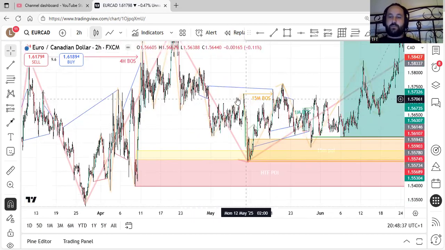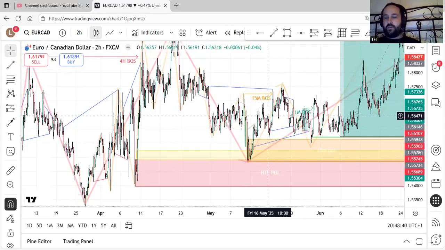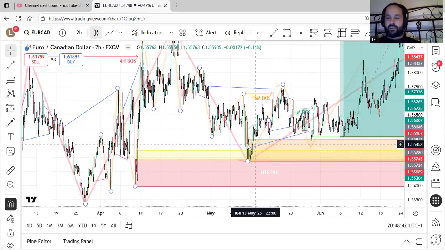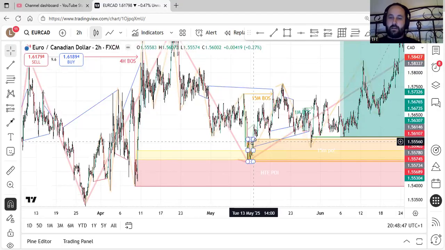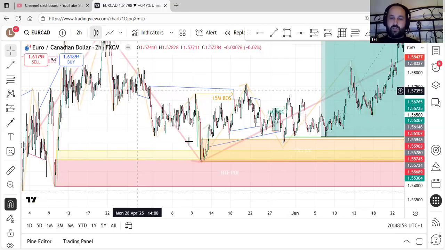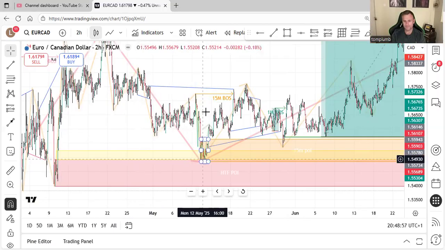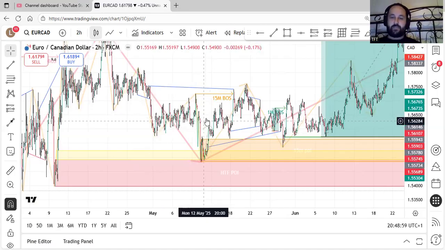But before, there would have been an orange line across here, and once that was broken, that would mean I would then draw my orange box, because I wouldn't draw anything until the confirmation had been done. So if I had just the red box here, and price was coming down here, I'd set an alert at the top of the red box. Once price hit, I'd then look on the 15-minute time frame, go to the previous high, and draw an orange line.